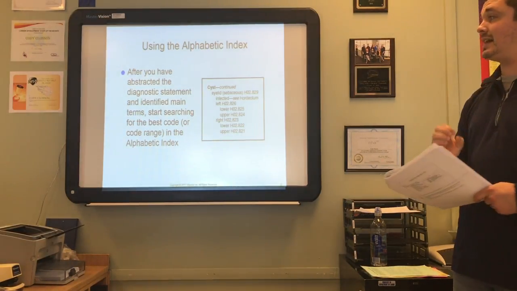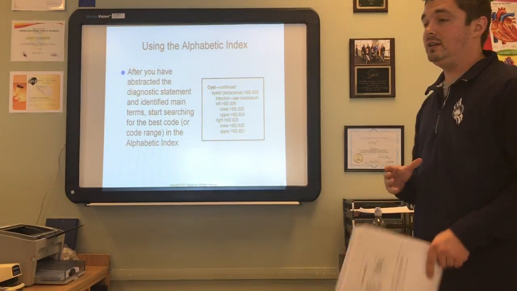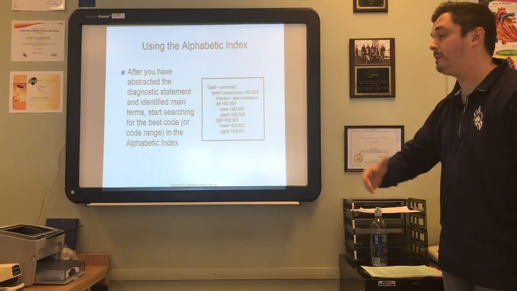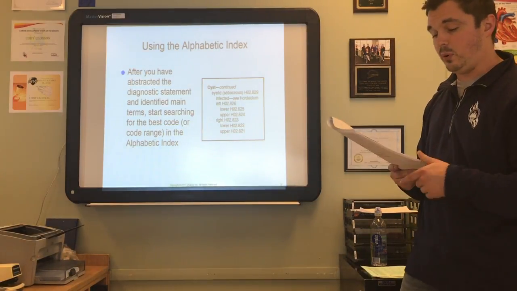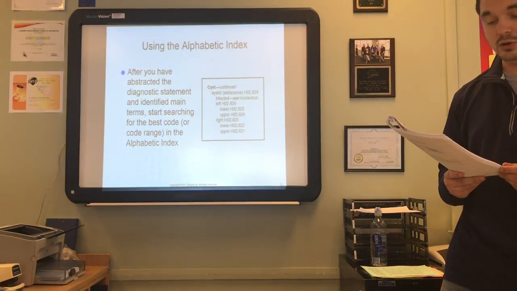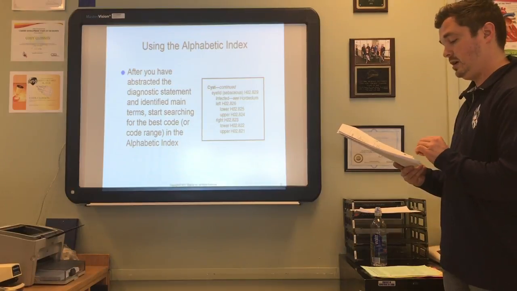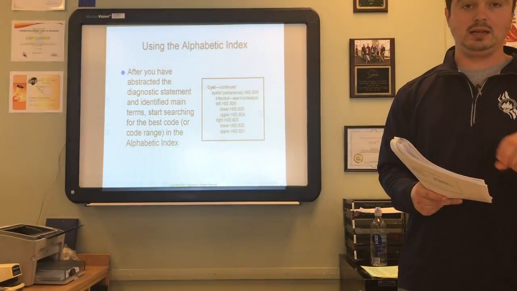So, using that alphabetical index: after you have abstracted that diagnostic statement and identified the main term that you need to look up, you need to start by searching for the best code or code range in that alphabetical index. It is important to note that the alphabetical index should only be used as a tool to locate the appropriate code. The tabular list, however, must always be used to confirm that the code or codes selected are accurate